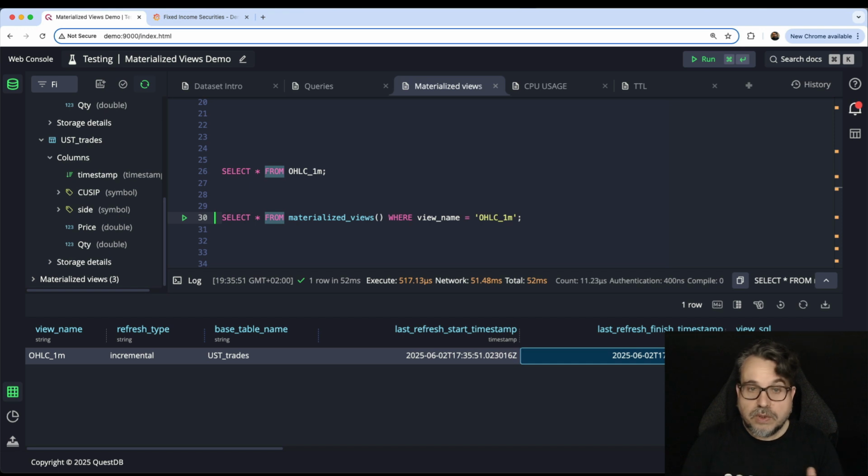How is this possible? Well, the way we work in QuestDB, when we are refreshing a view incrementally, we are not executing the whole query on the whole data set. QuestDB is smart enough, so we build our incremental materialized views so that whenever there is a new transaction, QuestDB is going to check the data only around the rows you are ingesting. So we don't have to execute a very costly query whenever we have to materialize the view, unlike other databases. That's why we can be very fast refreshing the views.